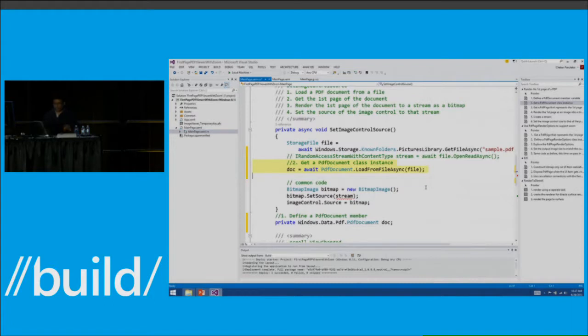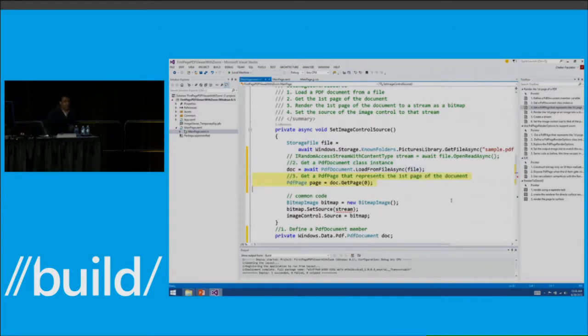The next thing we need to know is that the PDF APIs render PDF content on a page-by-page basis. For that, we are going to use another class called PDF page. And the way to get an instance of the PDF page class is to use the GetPage method on the PDF document object. So let me go ahead and do that. There you go. I'm passing in index 0 because I'm interested in rendering the first page of our document. The final thing left for me to do is to issue a render request. For this, we use the RenderToStreamAsync API on the PDF page. There you go.